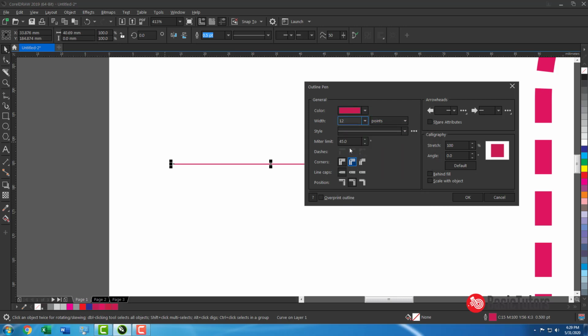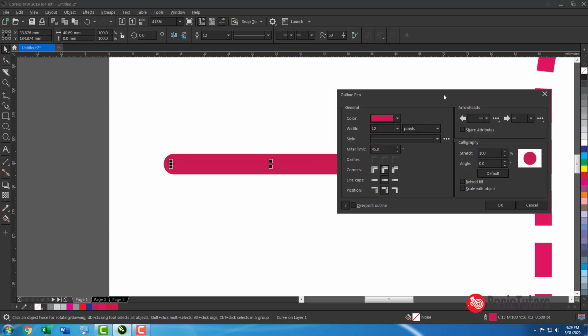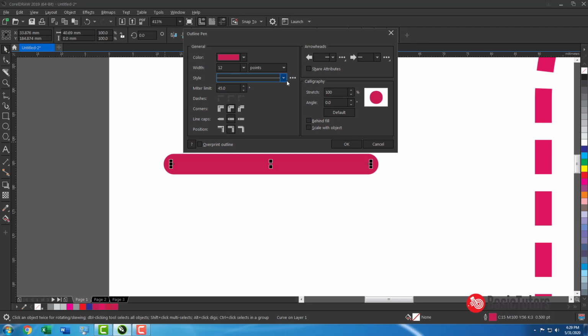Changing the width. See, the cap means the end of the object will be changed. The end of any object, the end of the curve, the end of the line. For this, you need to select this line cap. Line cap is intended for lines. Corners are intended for any enclosed object. Line caps are intended for the line, the edges of the line.